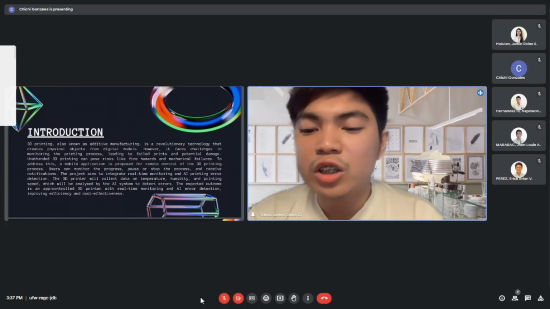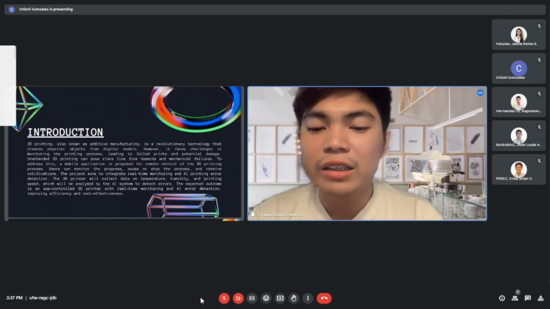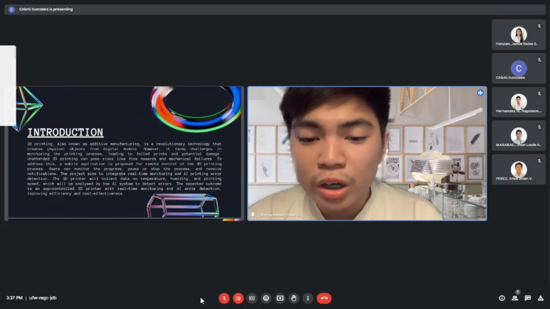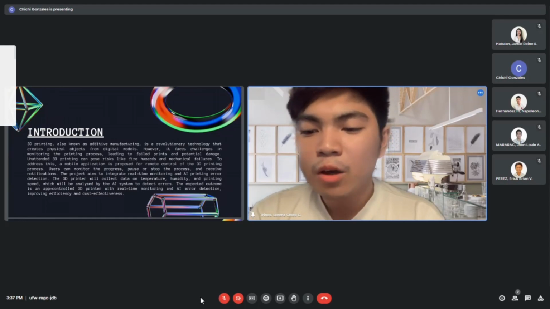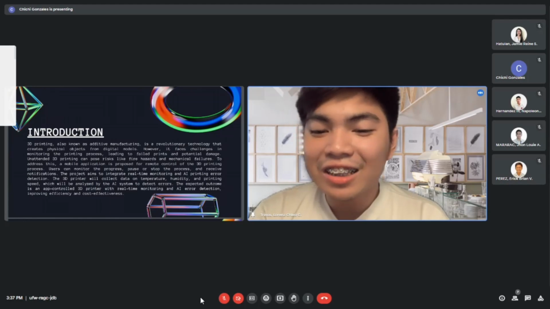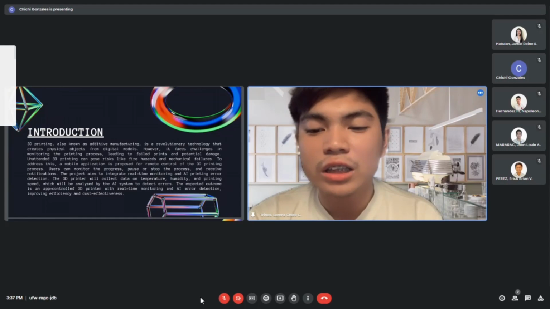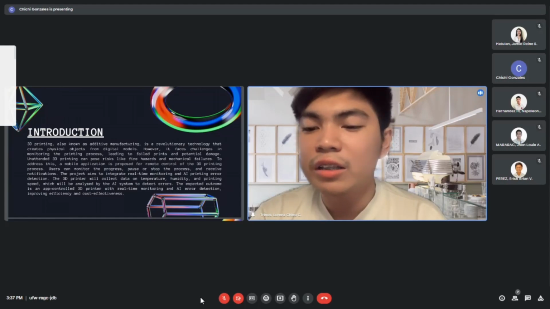3D printing, also known as additive manufacturing, is a revolutionary technology that enables the creation of physical objects from digital models. It works by depositing layers of materials such as plastic, one on top of the other until the desired shape is achieved. However, the current 3D printing technology still faces some challenges, particularly in monitoring the real-time status of